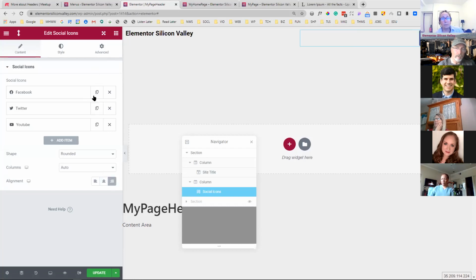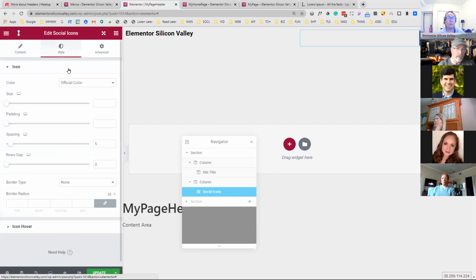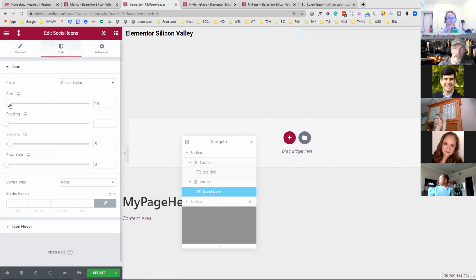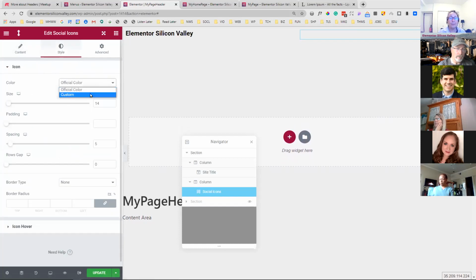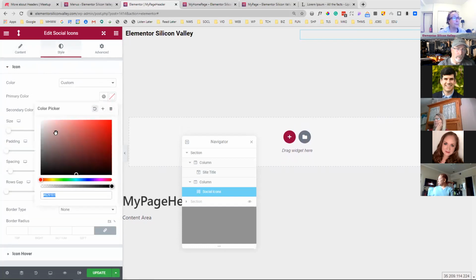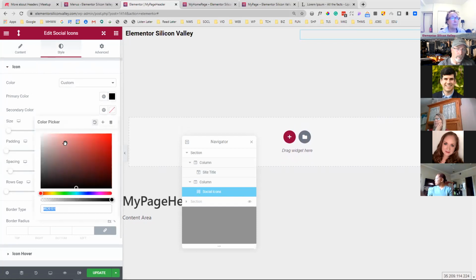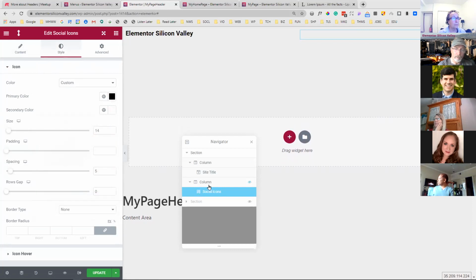And we'll right align those. And let's make them a little smaller, like so. Let's make them circles. And let's change the colors a little bit here. Do black and white. There we go. So now if we turn our main header back on